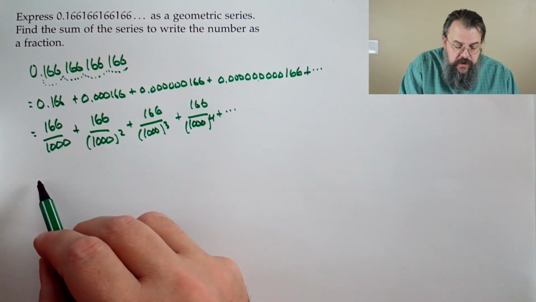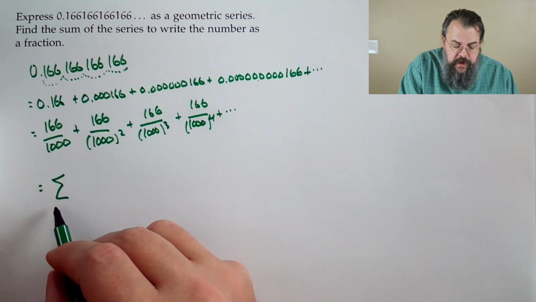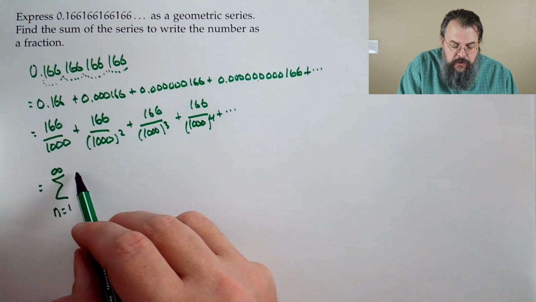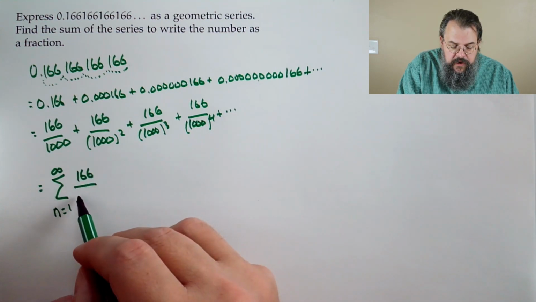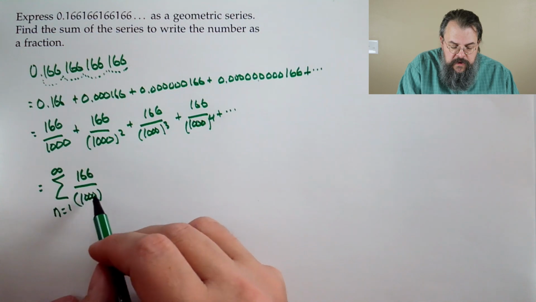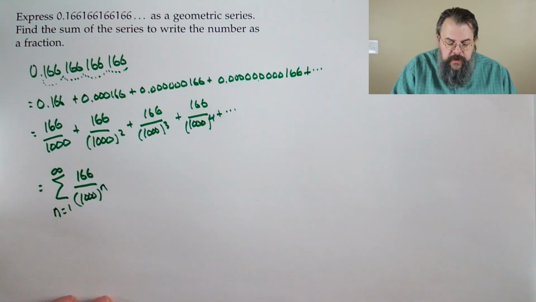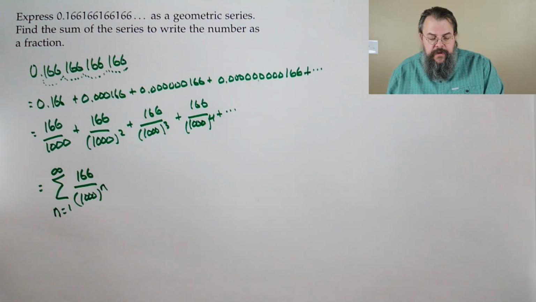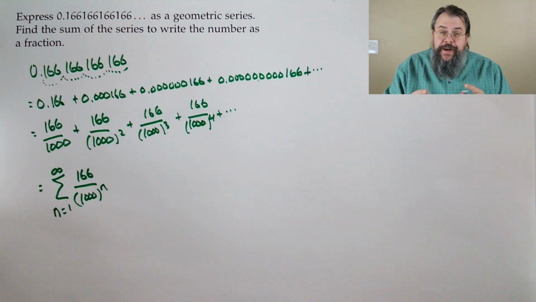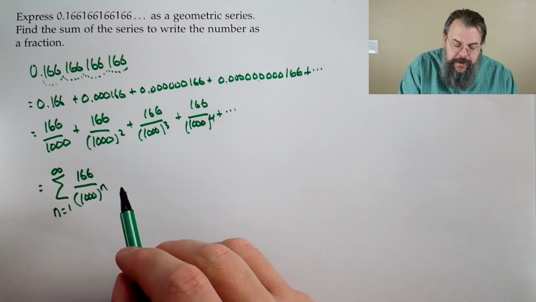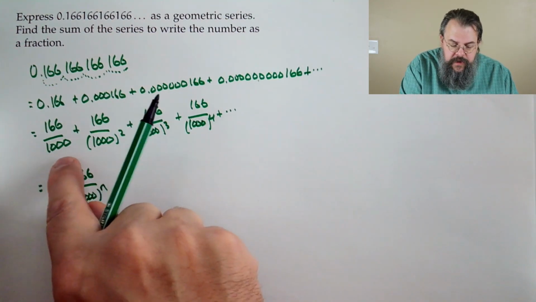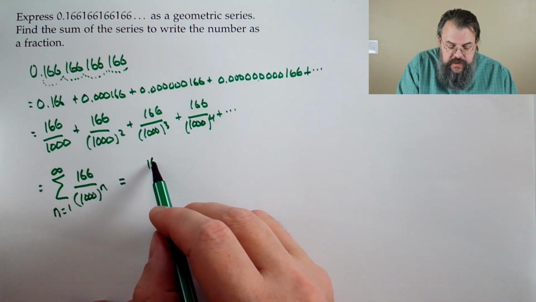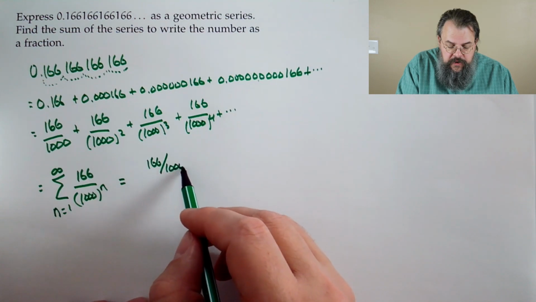So in particular, this will become the sum from n equals 1 to infinity of 166 over 1,000 to the n. So there's our geometric sum. Okay, great. But what is the sum? Well, now we can find it. In fact, we can see in this form, what do we see? The first number, 166 over 1,000,